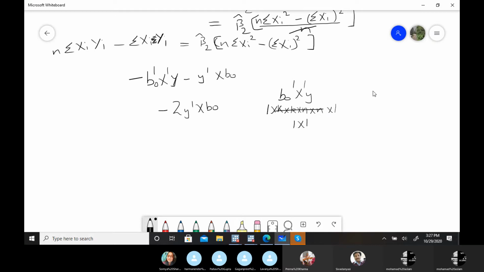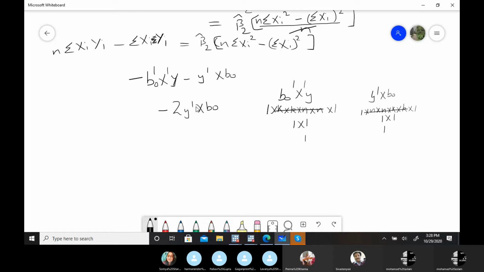Now if you solve this second one, y transpose x beta hat. Now y transpose is 1 into n dimension because the y matrix is with the n into 1 dimension. Then for the x matrix, the dimensions are n into k, and for the beta matrix, the dimension is k into 1. So again, this particular value is 1 into 1, a single value. That's why these are the scalar matrices. So you can just add these two, and you can write this minus 2.